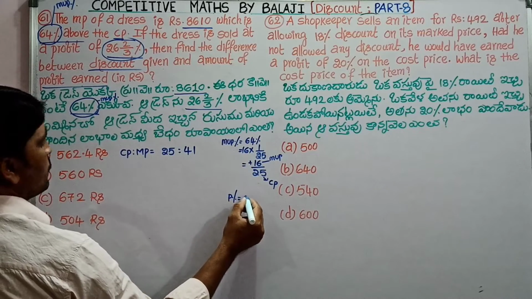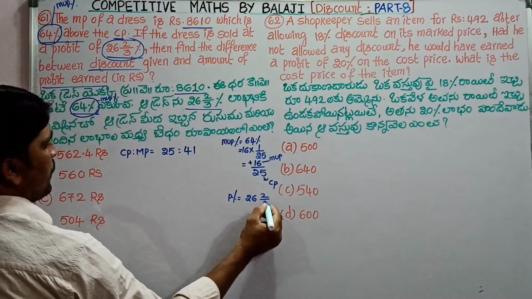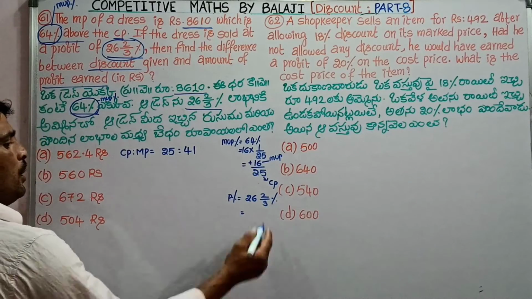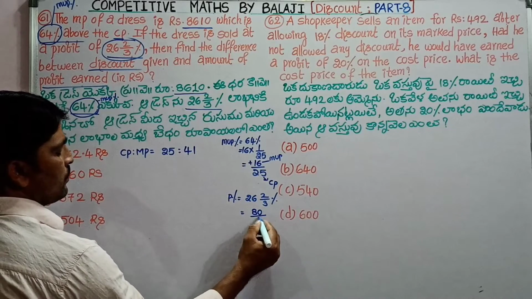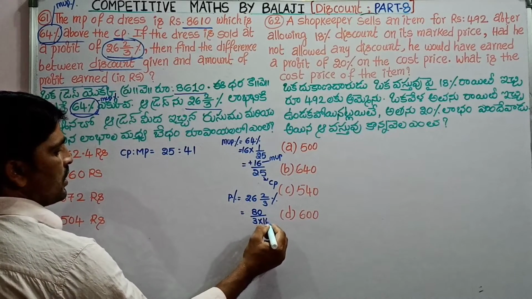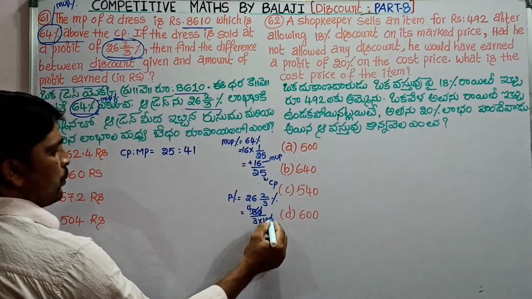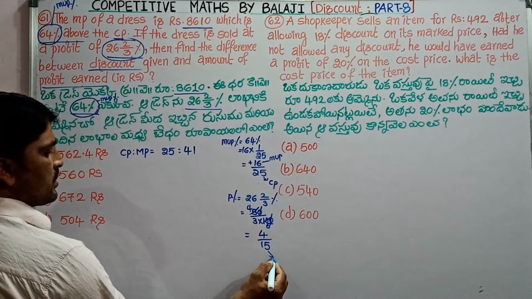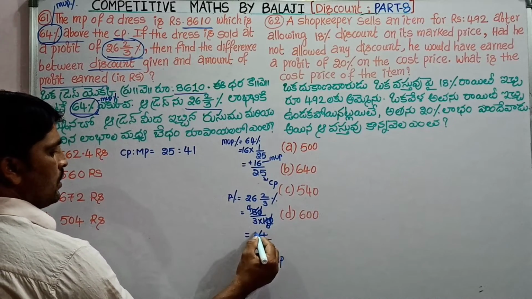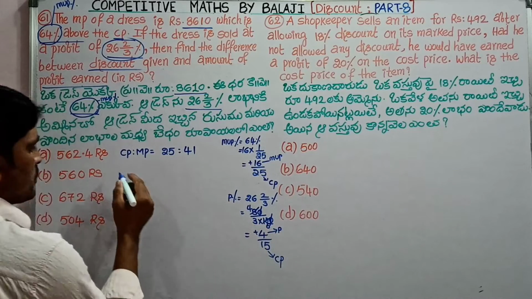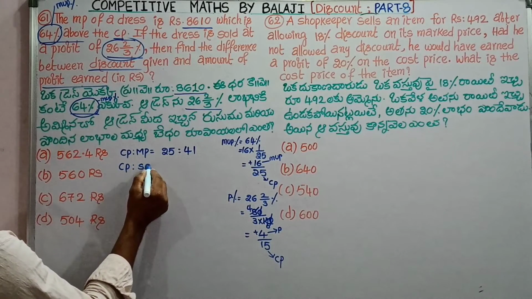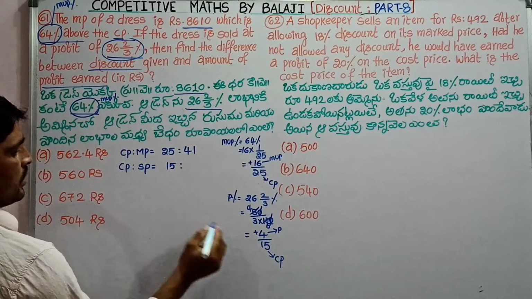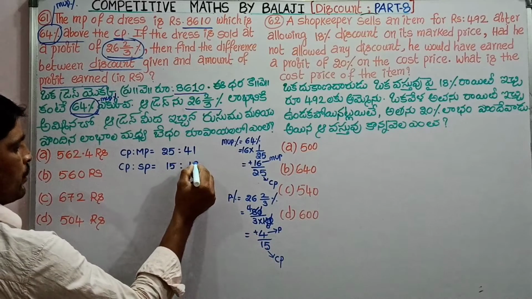And also, the profit percentage is equal to what? 26 whole 2/3%. That is 80/3%. Remove the percentage symbol. Consider 100 at the denominator. That is 4/15. Profit is always calculated on CP. If the base is cost price, 15 units, then profit is 4 units. Consider the cost price to selling price ratio in this case: if the cost price is 15 units, then the selling price is 15 plus 4, 19 units.